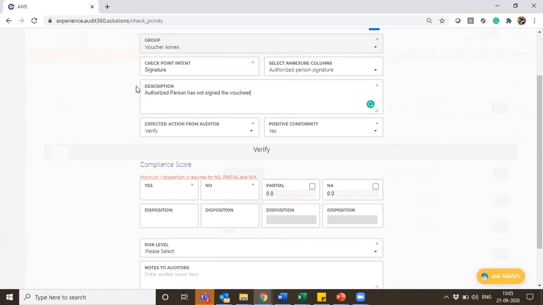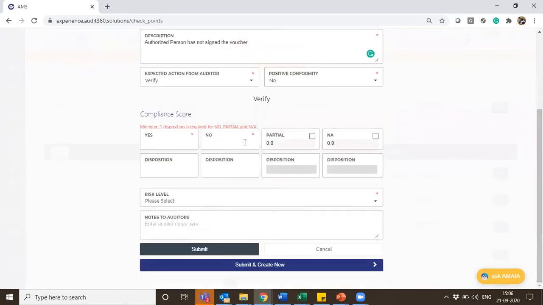If I say yes, it becomes an issue. If it says no, it will not become an issue. So in that case, you can choose the positive conformity as no. So the moment you choose positive conformity as no, no becomes complied, and if it is clicked as yes, it becomes the issue here.